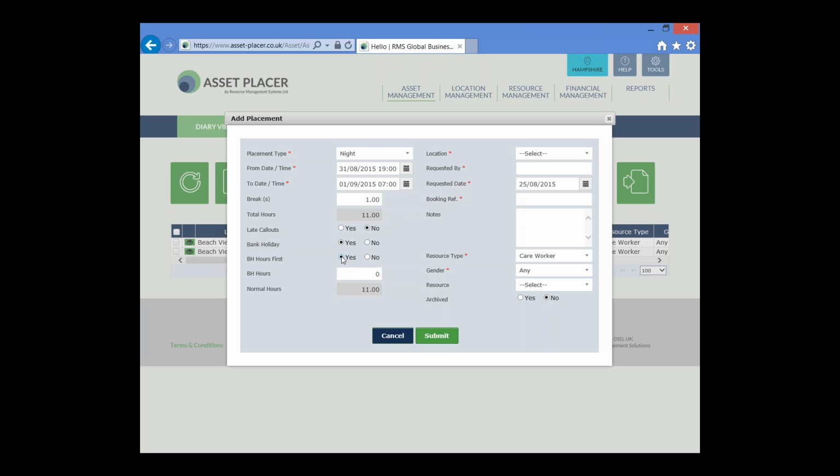Now again, we're going to say that the resource has their break from 1 AM to 2 AM. So this time it's the full 5 hours from 7 PM to midnight that fall under the bank holiday hours rate. So I'm going to enter 5 into the bank holiday hours, leaving 6 hours which will be paid at the slightly lower hourly rate. Again, we'll select Beachview, my own test,